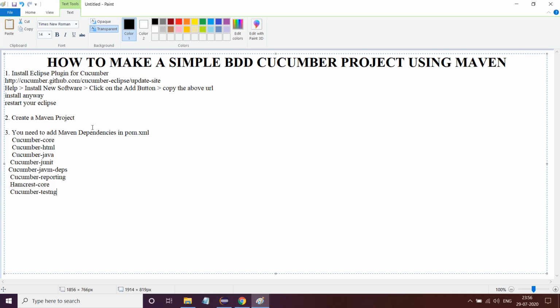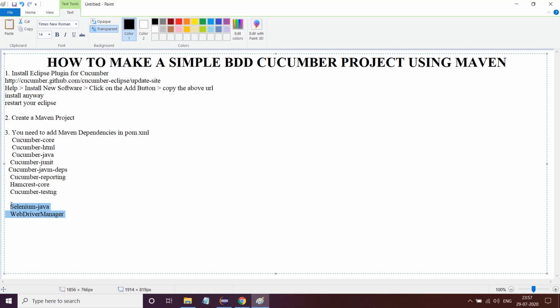Of course, you will also have to add Selenium Java and your WebDriver Manager. And if you are introducing Excel and all that, then technically you'll have to add dependencies depending upon what your project demands. But since we are using Selenium, at least these are the basic things which you'll add.